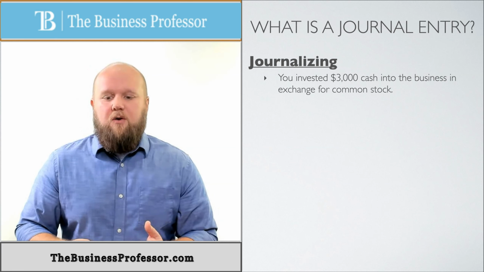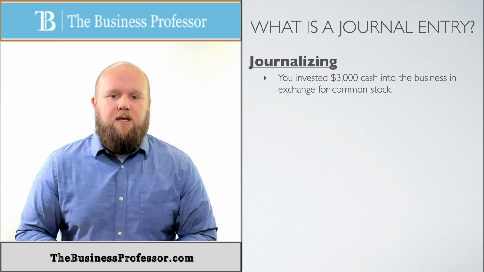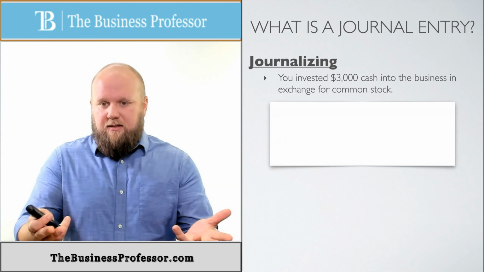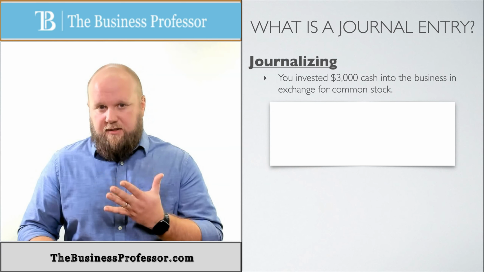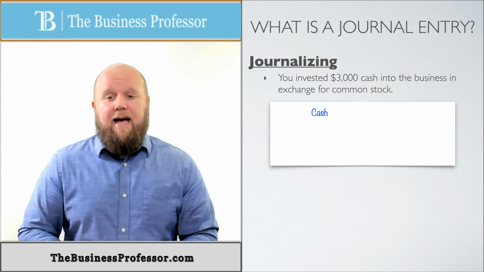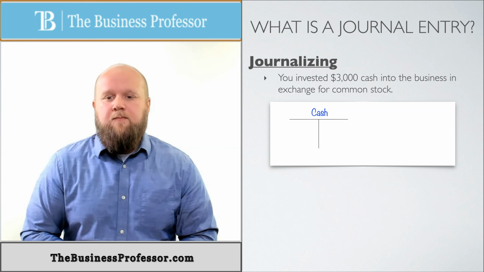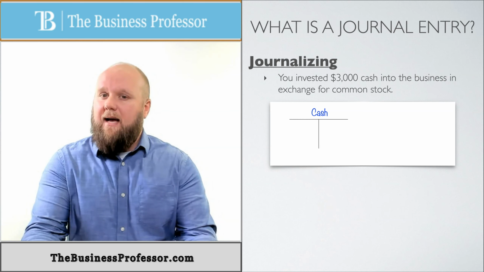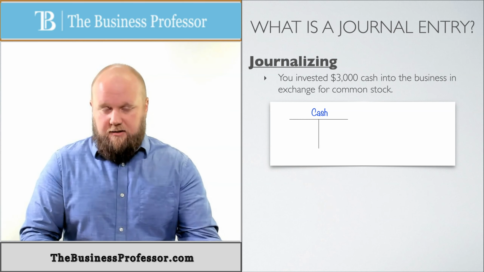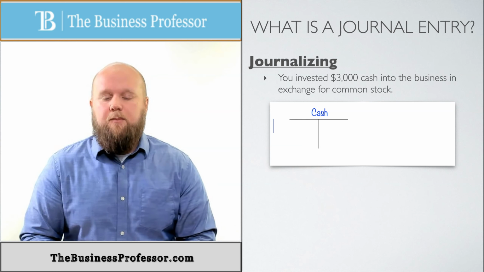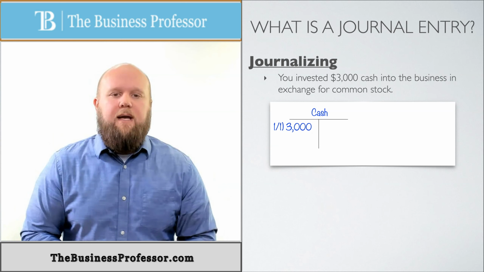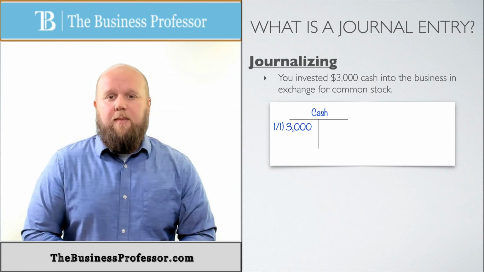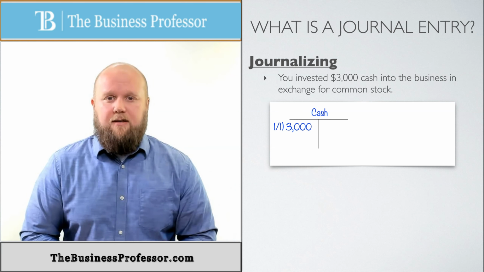Okay. And so let's look at what our T tables would look like here. Our T tables, one, cash, because our cash is changing. Ours, the business, is changing. So we're going to put cash. There's our T table. And because our cash is going up, we're going to put it on the debit side. Remember, cash is an asset. Debit is the plus side, so we're going to put it on the debit side. So we're going to put in there 1-1, I'm making up some date, and $3,000. Okay, that lets me know in a T-table format that my cash went up by $3,000.